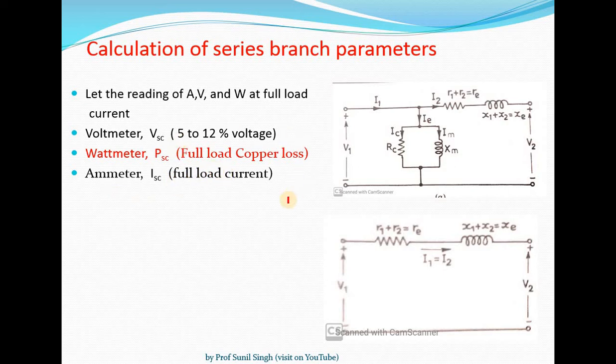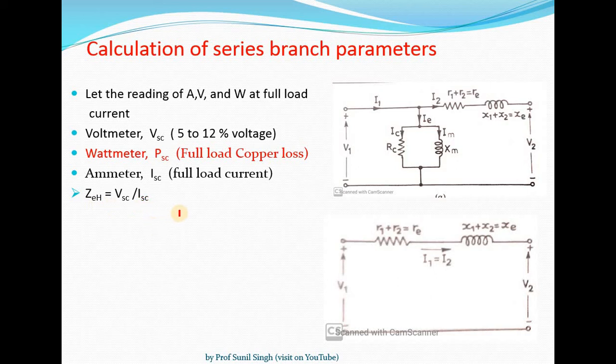Okay. So how to calculate now? This is the equivalent circuit for this short circuit test, because we have neglected the shunt branch. This shunt branch can be neglected. For this, only series branch parameters will be there. So ZEH: we have the voltage, we have the current, so Z will be equal to VSC by ISC.